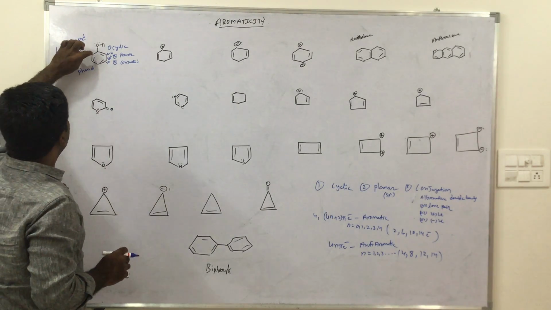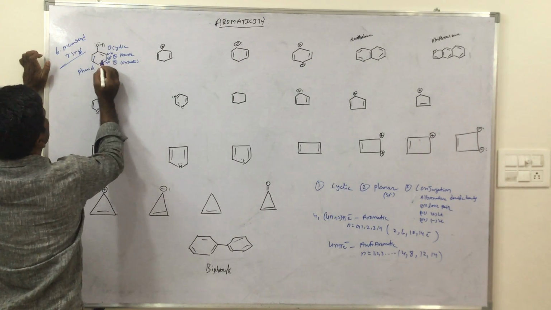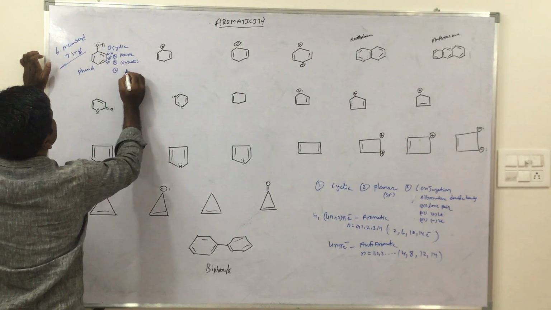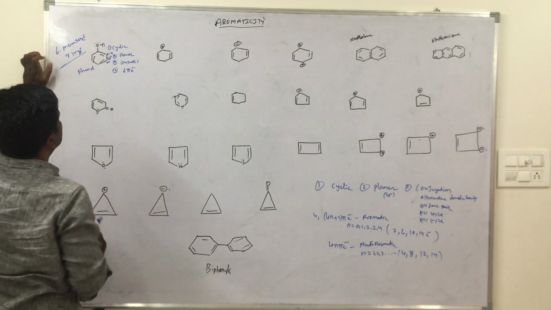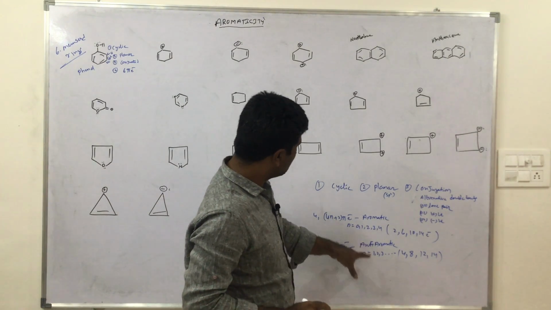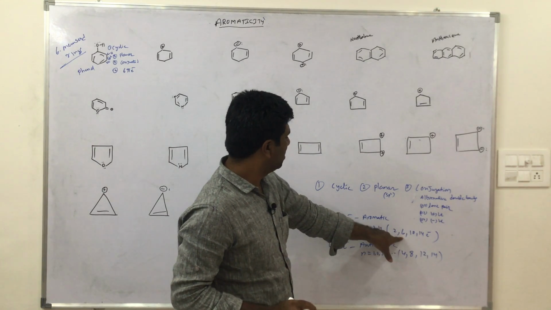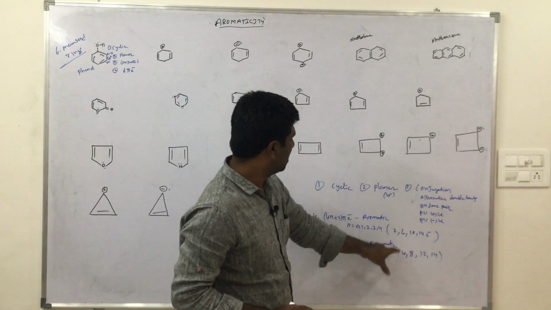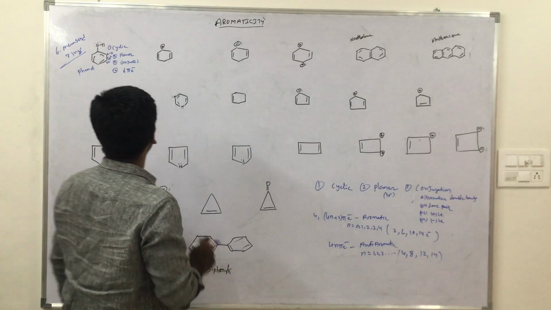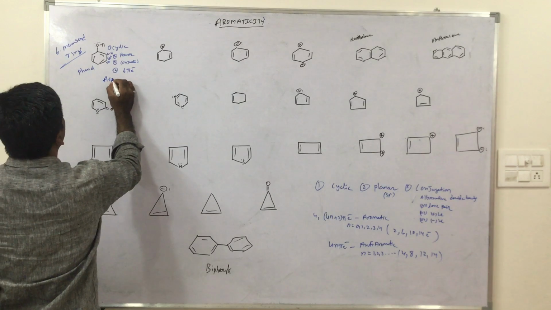And how many pi electrons are present? 1, 2, 3, 4, 5, 6. The fourth criterion: 6 pi electrons are present. Which category do 6 pi electrons belong to? This category or this category? 2, 6, 10, 14 is the 4n plus 2 series. Here 6 is there, no? Not in 4, 8, 12. So 6 is related to aromatic. So this is an aromatic compound.